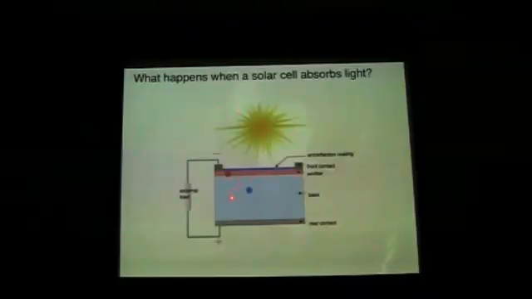Once the electrons cross that valve in this direction, they become trapped and they can't go back towards the hole. Alternatively, any holes that are created in the pink area, once they cross the boundary into the blue, are trapped. They can't go back to catch up to that electron. But electrons are negative and holes are positive, and so they want to come back together and meet each other